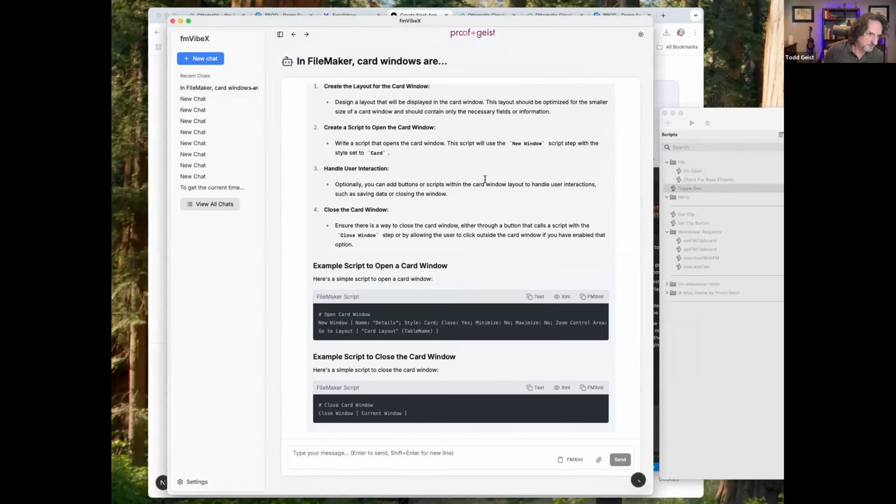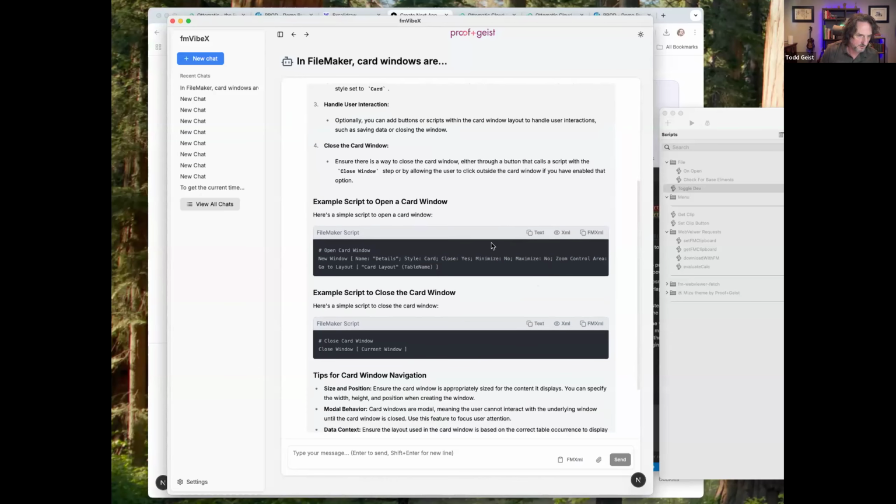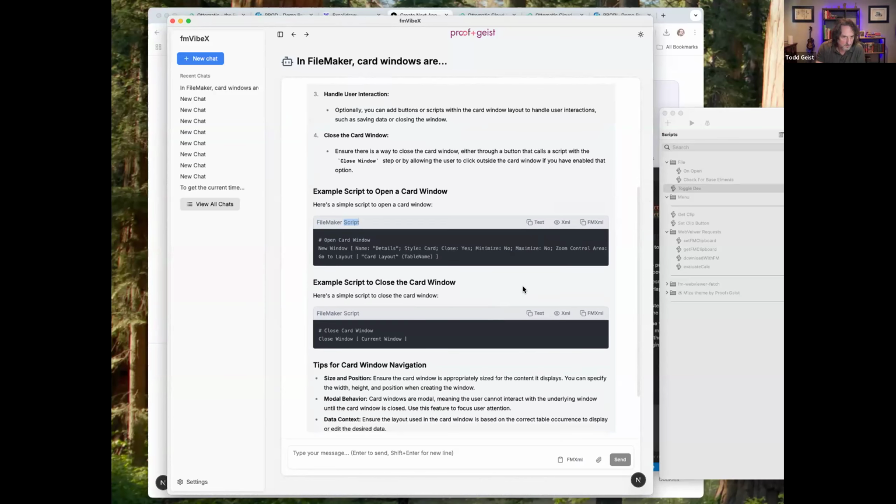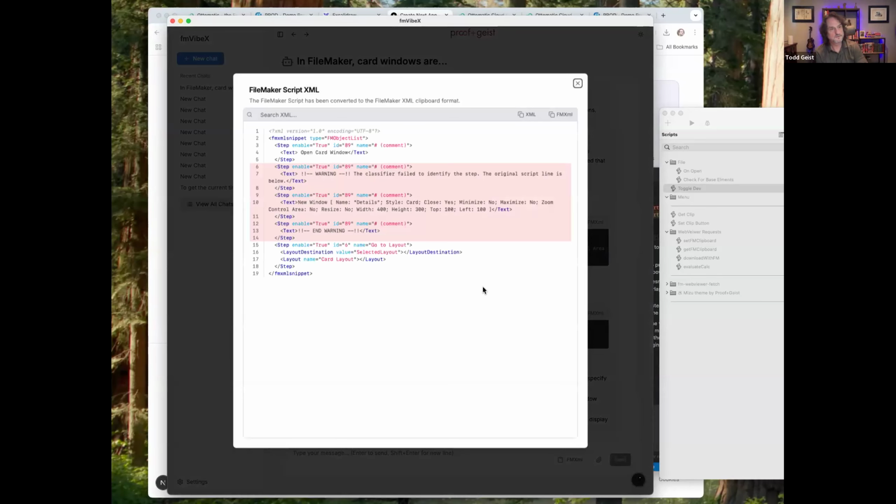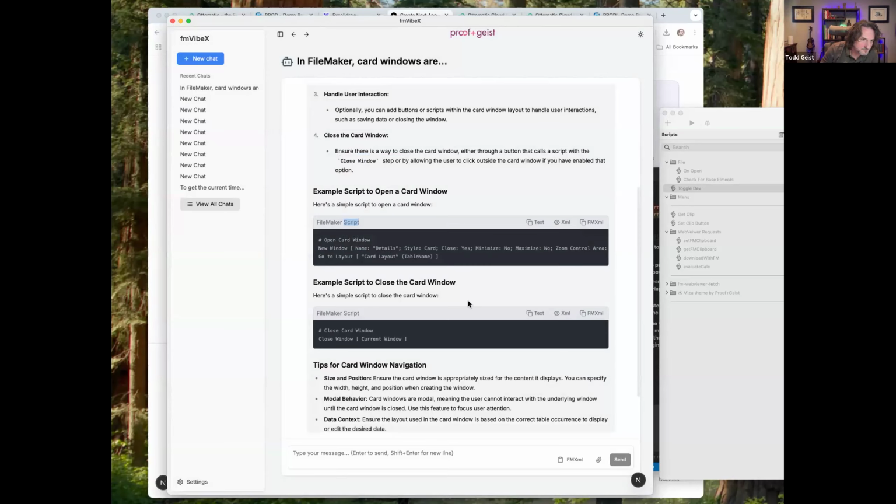So this is me doing a bunch of tests. Here's me writing another script earlier. I don't know why it's decided to not recognize that it's supposed to put FileMaker script here. Interesting. But once it does, it gives me these buttons, which are the things I really wanted to show. So you can view the XML and, oh my gosh. This really was not having so many problems before.